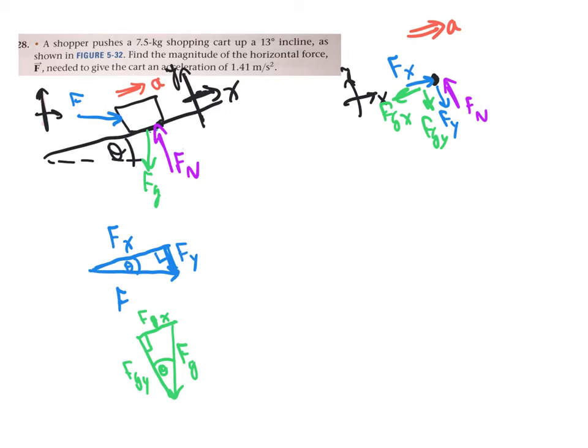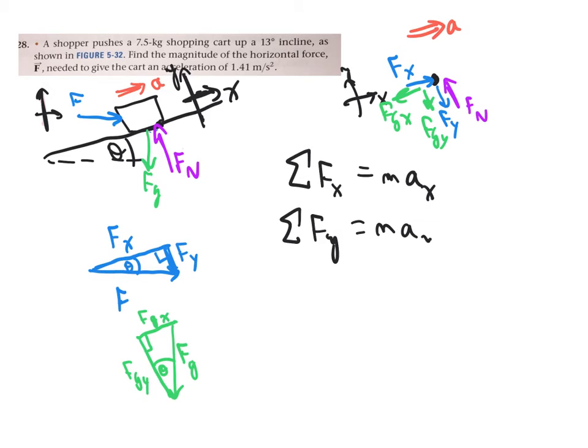But now life gets relatively easy because I know that in each direction, the sum of the forces in that direction has to be the mass times the acceleration in that direction. So for instance, in the x direction, we would have that, but in the y direction, independently, we would have this. This is, of course, just Newton's second law. But I can also say from before,